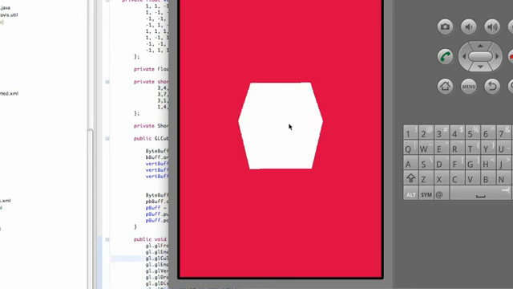And as you can see here, this is what we're going to do in the next tutorial, is learn about rotation, and it's going to be pretty simple, pretty easy, but I'll see you guys then, and have a